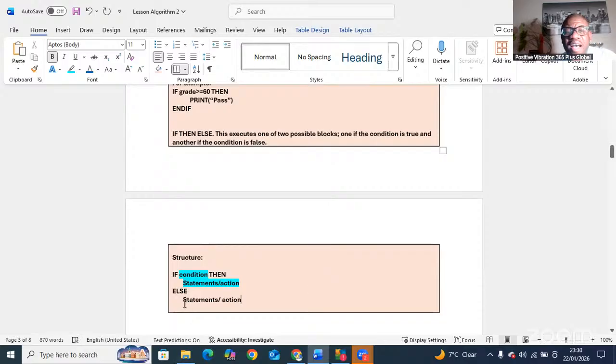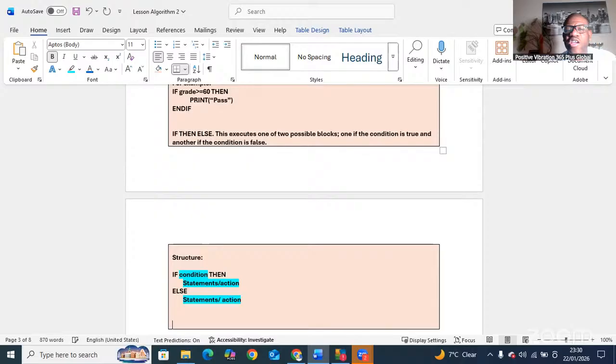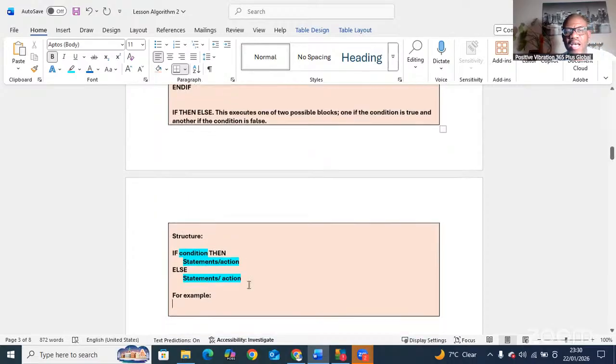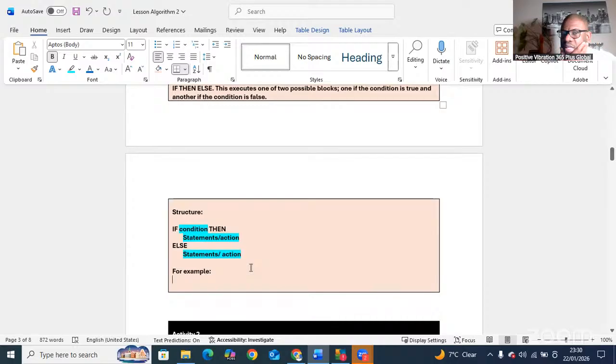You will never have these two things printed at the same time. This prints only if the condition is true, and this prints if it is false. It's just as natural as making decisions. So we're going to go for the same example with a test. For example,